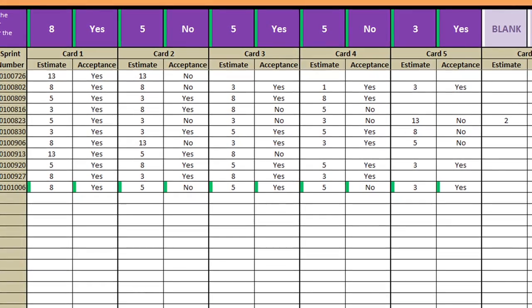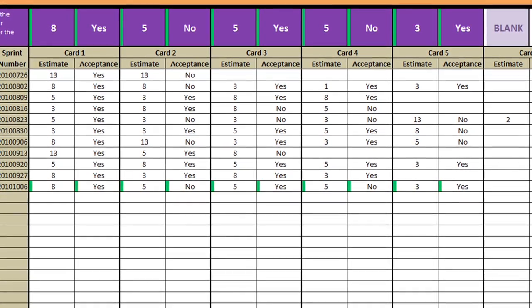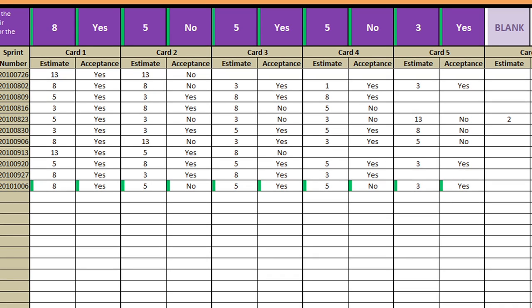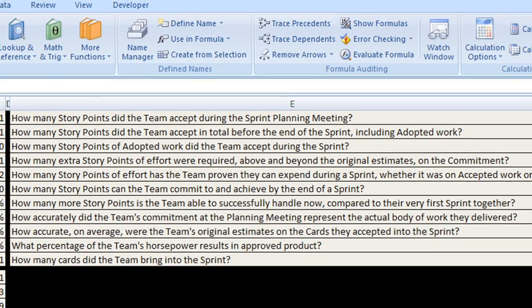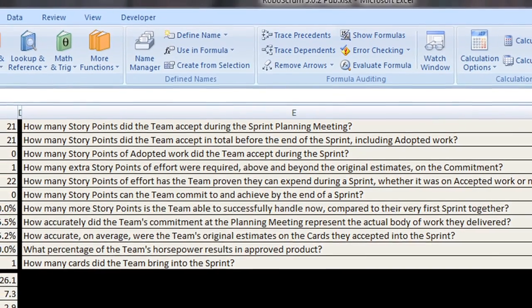This is going to come in handy a little bit later when we actually show you the percentage chance of success for different cards of different sizes. On the Metrics tab, you just get the raw data. What do the metrics look like for the current sprint and the top set of rows? And then in the bottom set of the rows, what does it look like for the last 10 sprints on average? With questions beside each of these metrics about what they're